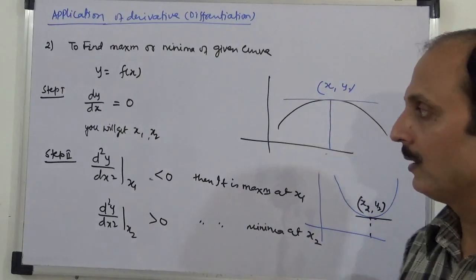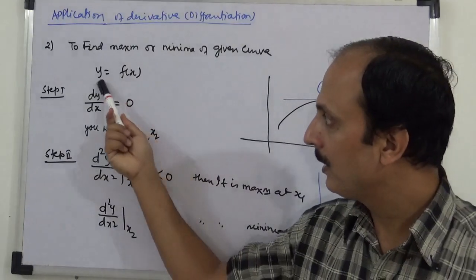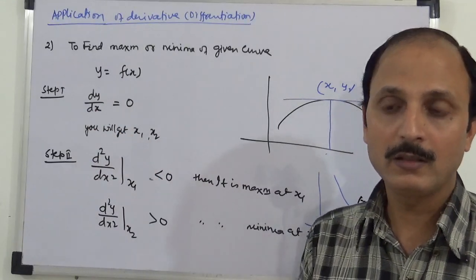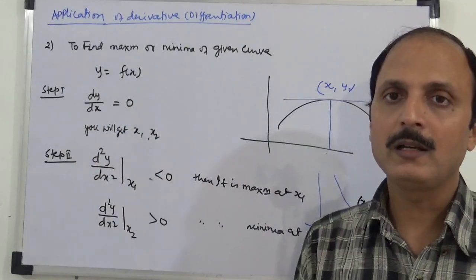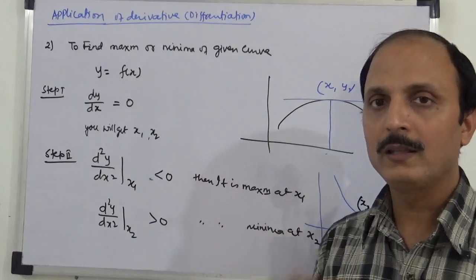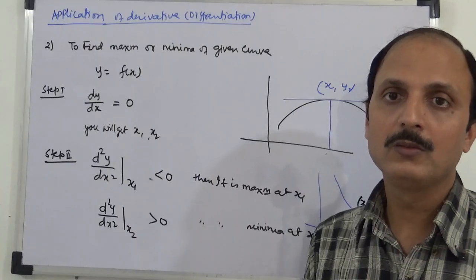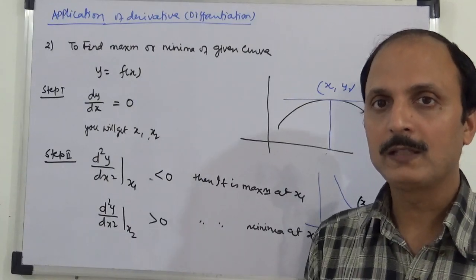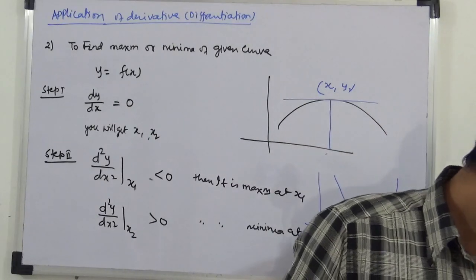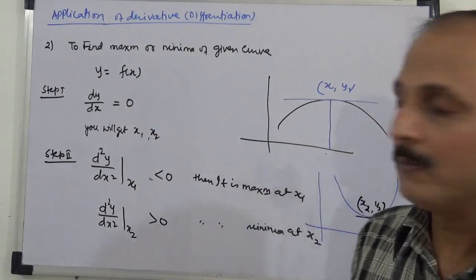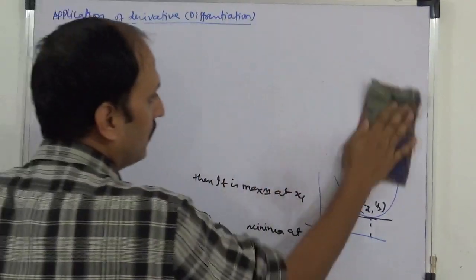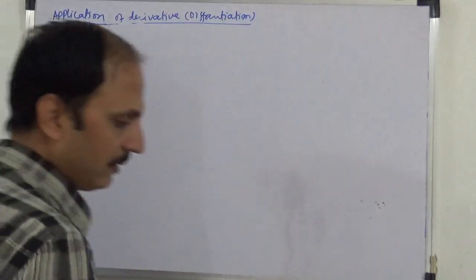In physics, we are not going to discuss the proof of why we are doing this. That you learn in maths, and if you are interested, you can ask me in the live doubt session. But otherwise, follow the procedure, and this will be sufficient up to 12th standard to deal with the maxima and minima of the curve which we'll get in physics. Okay, let's do a few questions and then it will be more clear to you. Let's say questions are like this.